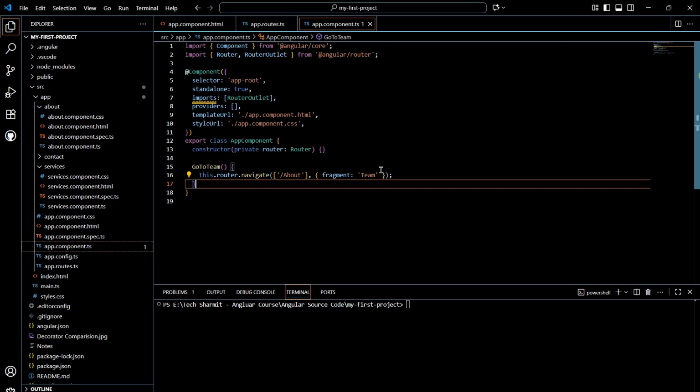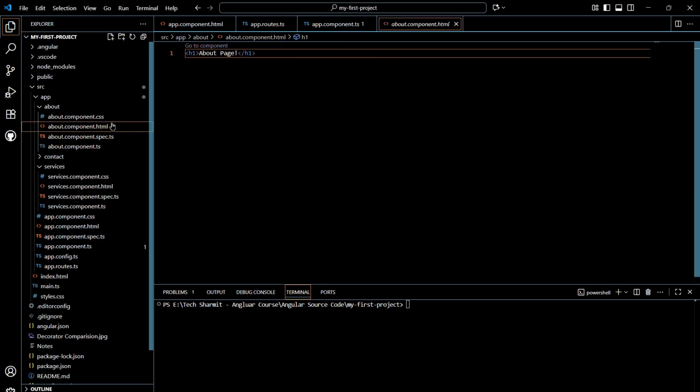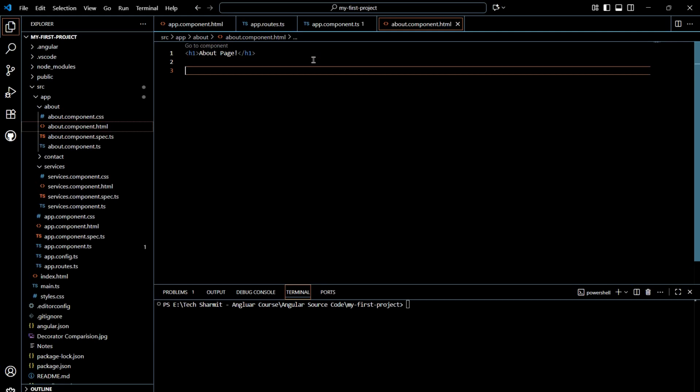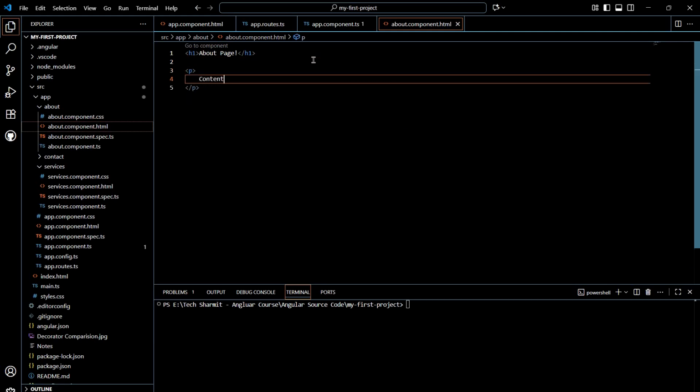Now what is this team? We are using this team again and again. This is nothing but an ID that we are going to specify in the about HTML file. So let me show you how you will do this. For that we will simply go to this about.component.html. Here in this component we will simply write the logic. So suppose we have some content over here, so let me write like this, content, with triple dots,